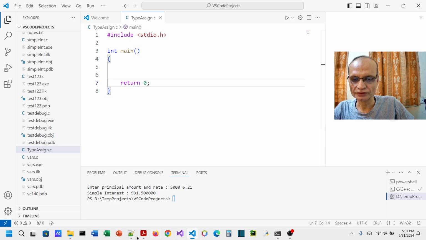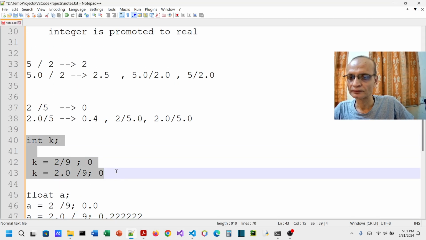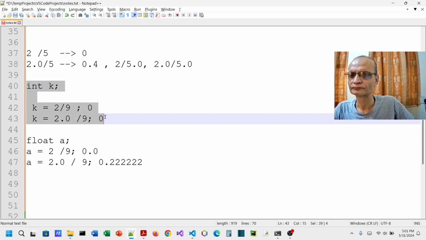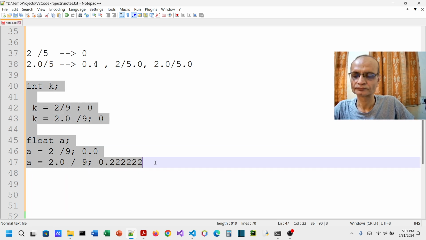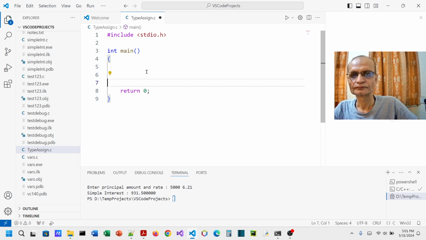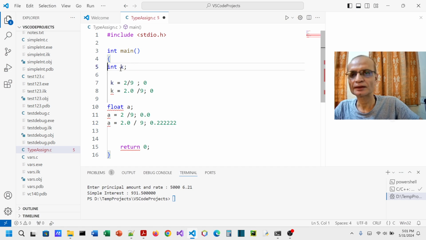So let me just copy these things from here. So I defined k, integer k,